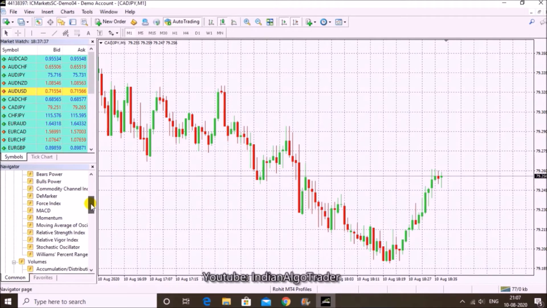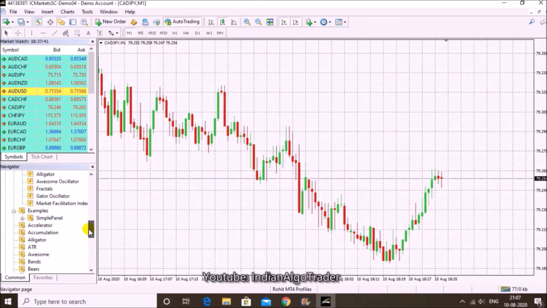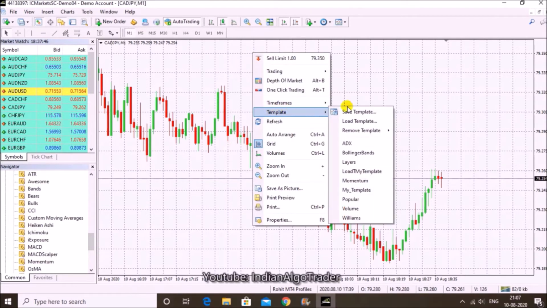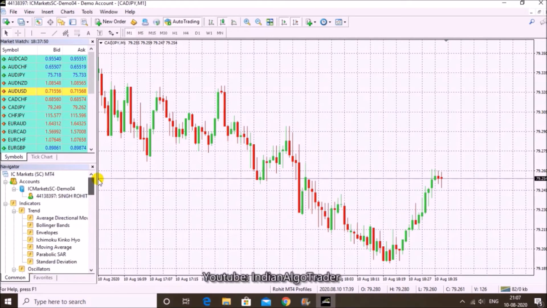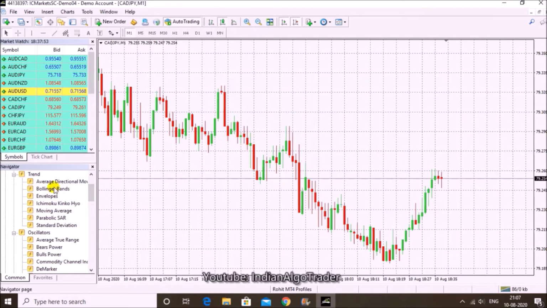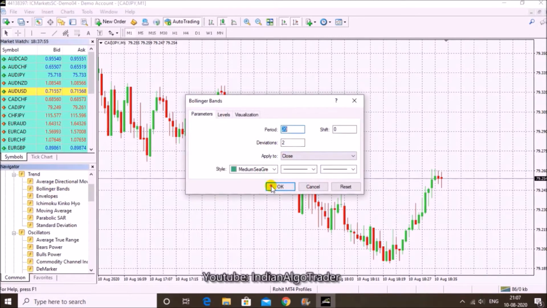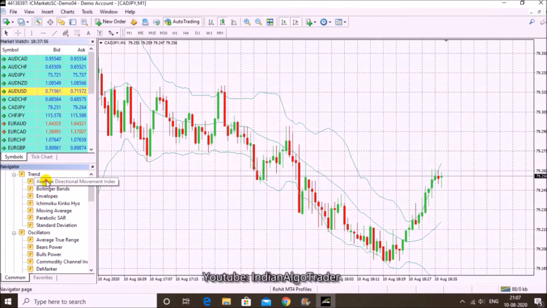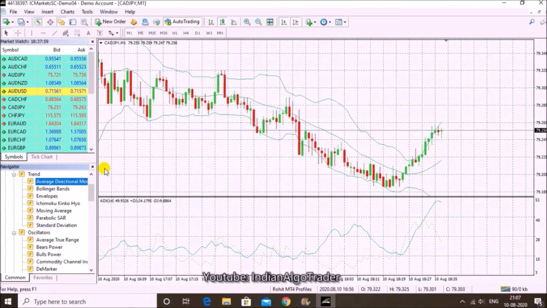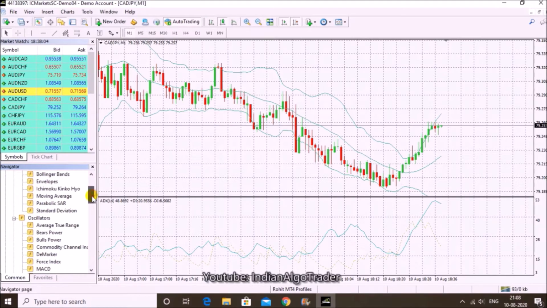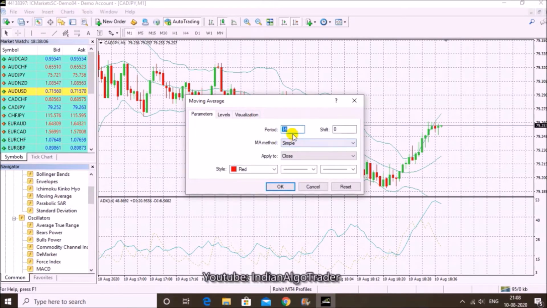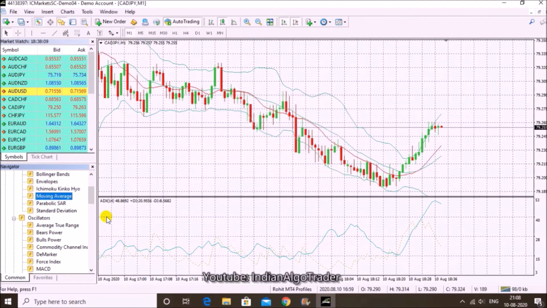Maybe I'll apply some indicators to show you the trading system. Let me set up some. Maybe I'll put Bollinger Bands, then I can use ADX, maybe moving averages, I use two.